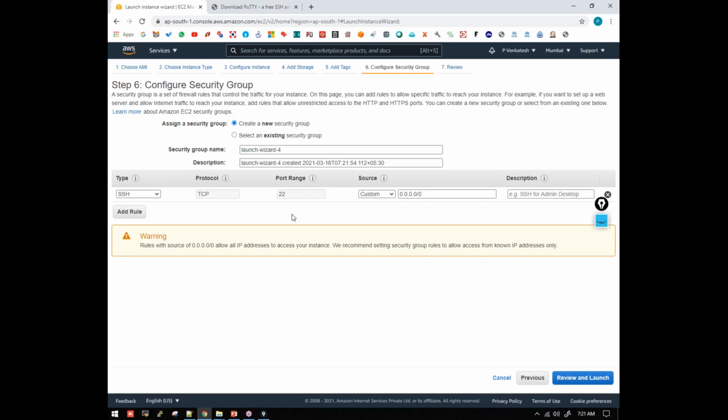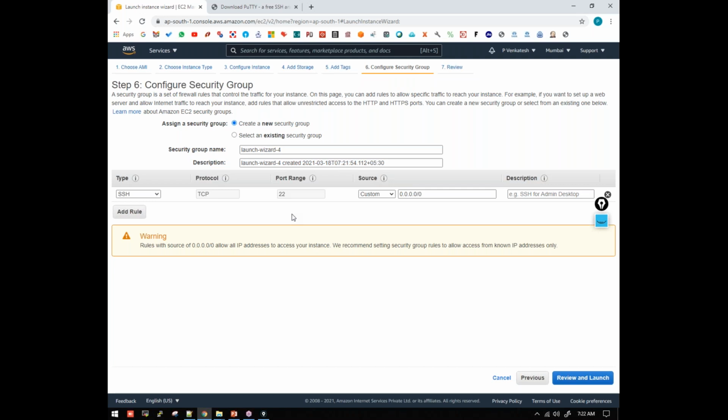configure security group. Yesterday we discussed configure security group. A security group is for opening the ports for the server. It acts as a door for communicating with the different services. For example, if you are installing a web server, we need the HTTP port, so we need to open the HTTP port to communicate with the web server.